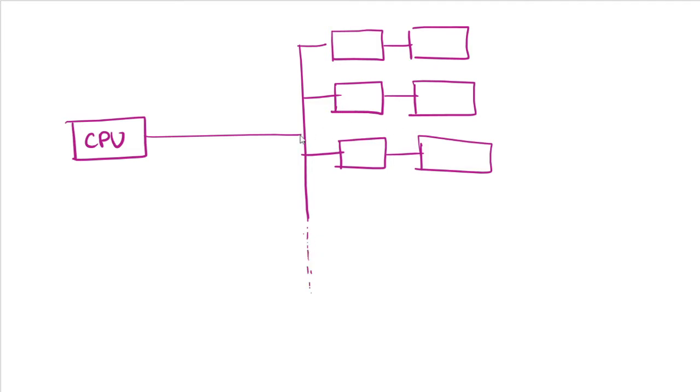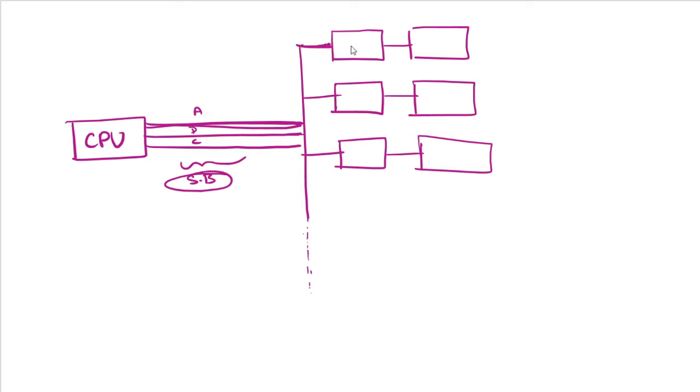And again, a CPU is connected to IO devices via what? Via address line, data line, and control line, or system bus, right? It is connected to all the IO devices via system bus,